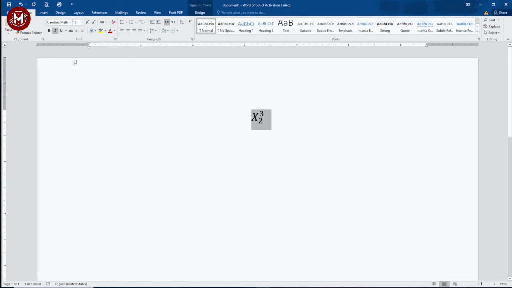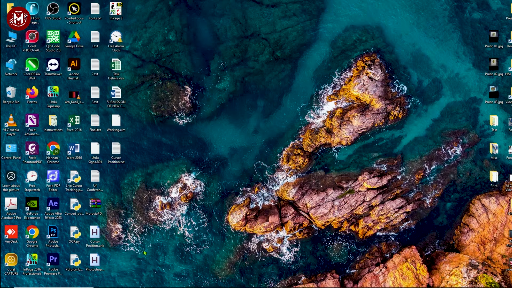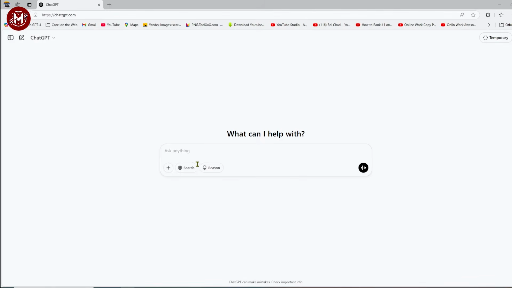Want to create complex equations faster? That's where ChatGPT can help. Ask ChatGPT to generate LaTeX code for any equation. For example, type, "Write the LaTeX code for Einstein's energy equation." ChatGPT will return,